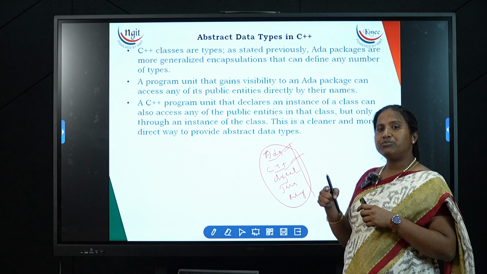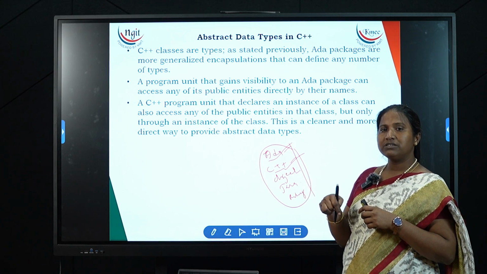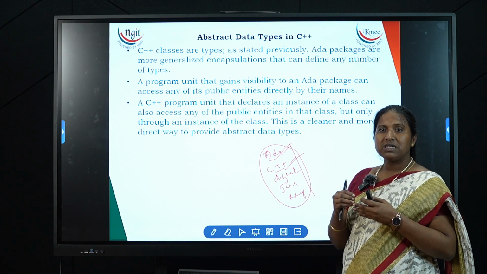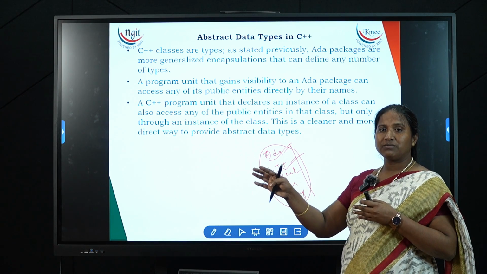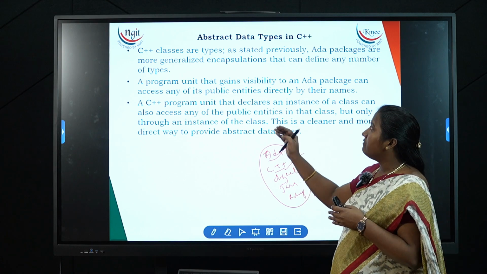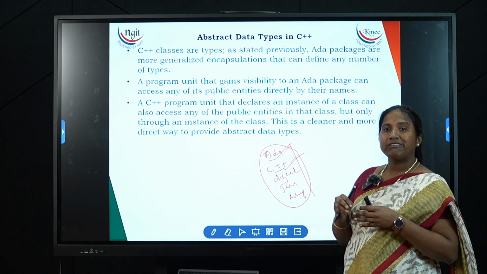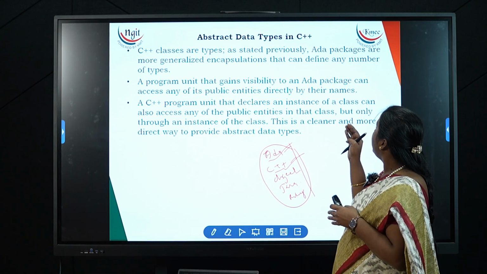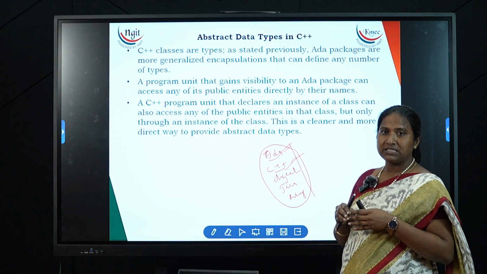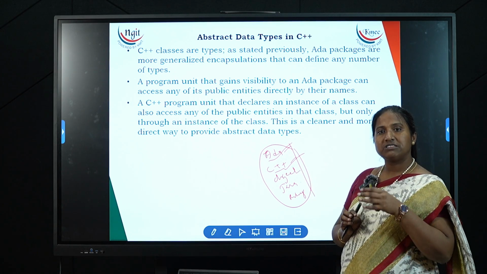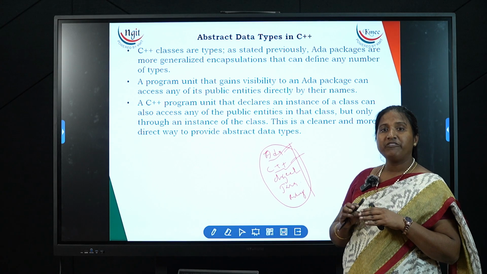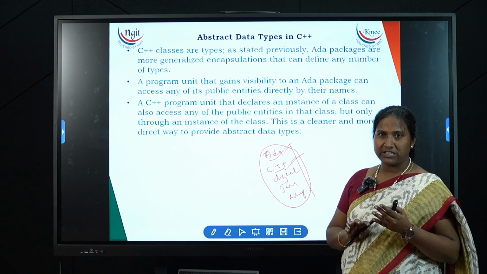All the features of object oriented programming are not supported in C++, or you can say C with some extension, C with objects is called C++. C++ has classes which are types. As stated previously, Ada packages are more generalized. So C++ uses classes to provide data abstraction, and Ada has packages to provide data abstraction. That is the first